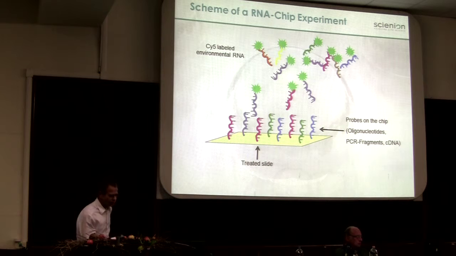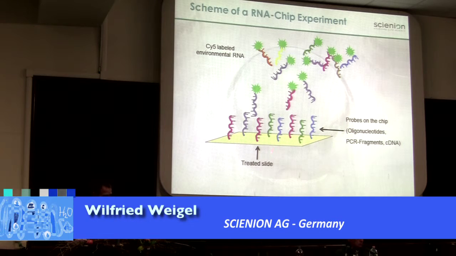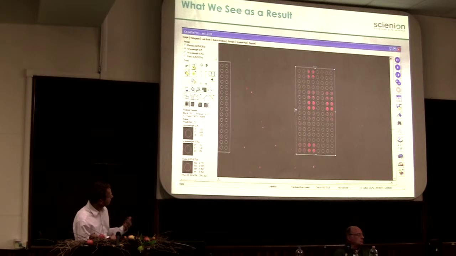Okay, in special, what we did here in the MicroAqua project, we applied RNA microarrays. So that means you have a substrate. This always has to be chemically modified in some way to attach the oligonucleotides. And then from the environmental samples, the RNA has been isolated, it has been labeled, and then you can observe the hybridization. And what you get actually at the last step is a fluorescence scanner image, and then you have